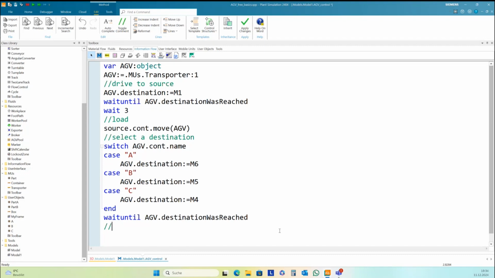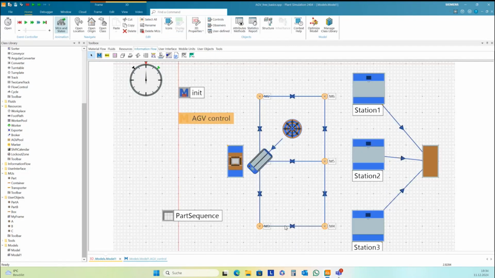to the stations. We don't have a connection between the marker and the stations here. And so we need to look, okay, we are located on M6, for instance, and then we need to load on station 1.